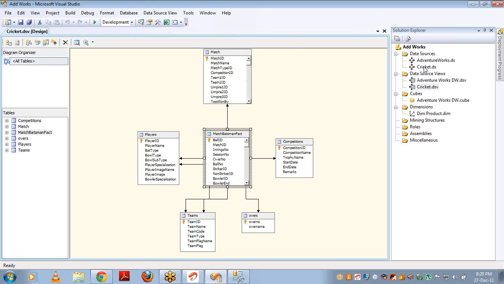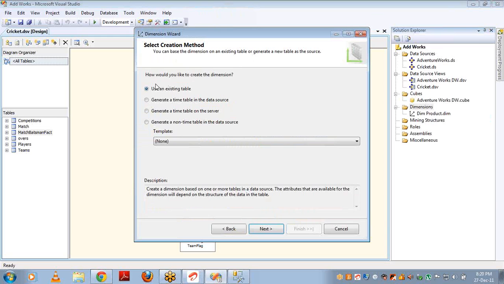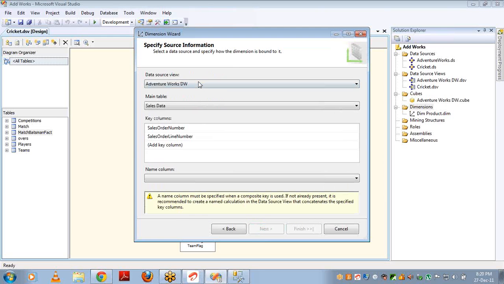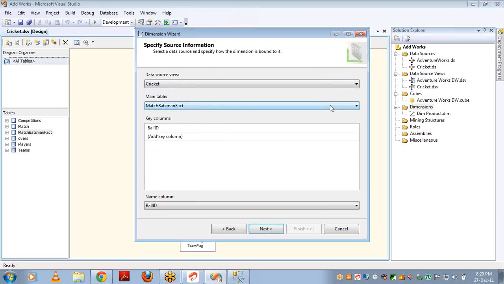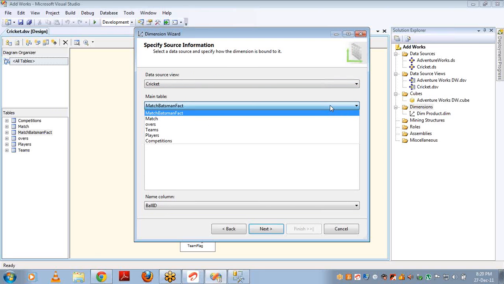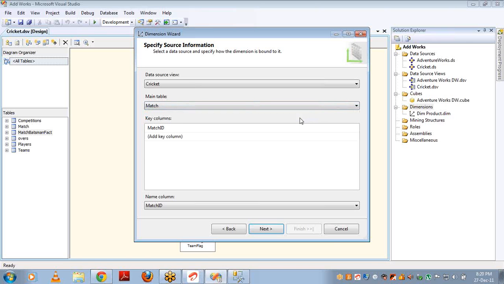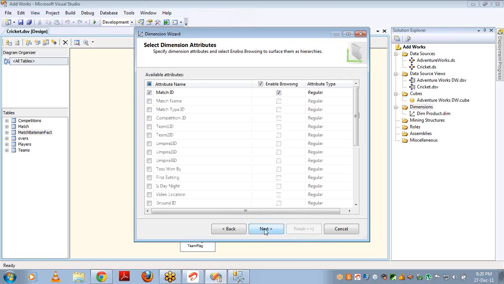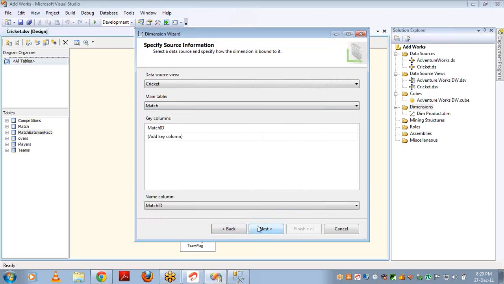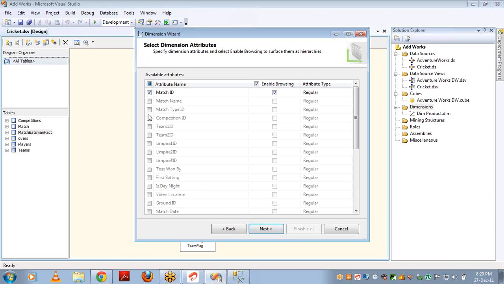Now I have two different data sources and two different data source views, and I'm adding one dimension by selecting the appropriate data source view. I want to create a cube for cricket now. So I'm taking cricket and I want to see the data, I mean run score in each match. So match is my dimension. I'm selecting the match as my dimension table. The ID got selected by default and I want to see data match wise, match name wise. Okay. And let me add one more,